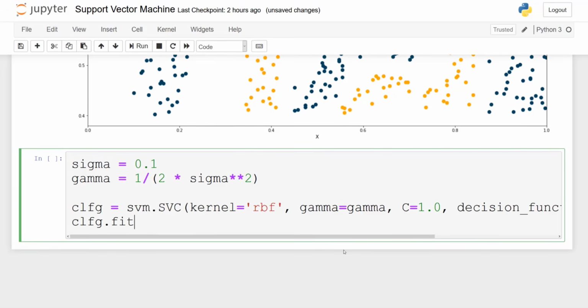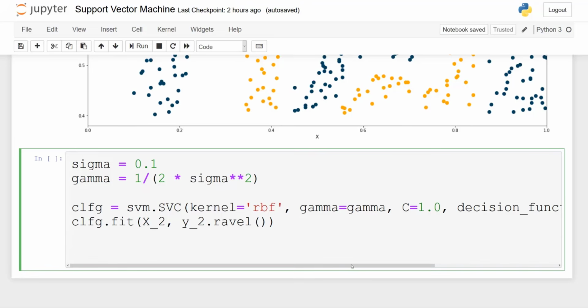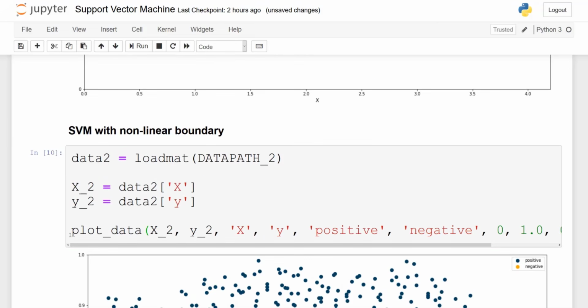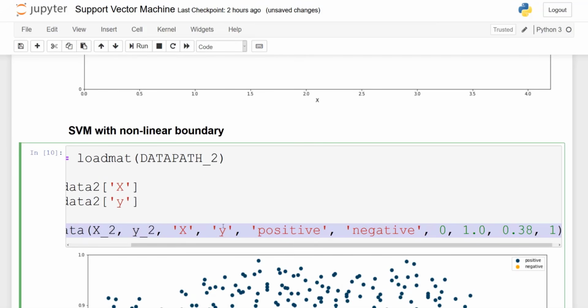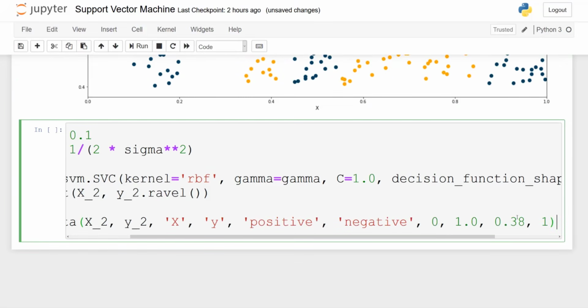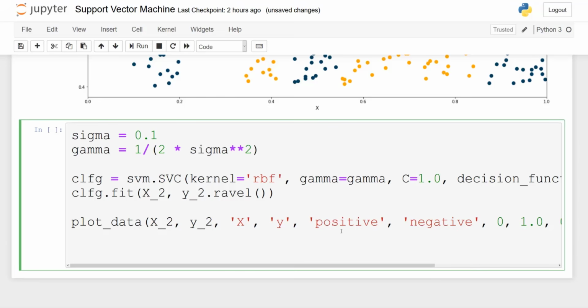Next, we fit the classifier to our data. So x_2 and y_2.ravel. Then we will plot the data set. So again, just grab this line from the previous cell and paste it under, because we are simply plotting the same scatter plot as before.